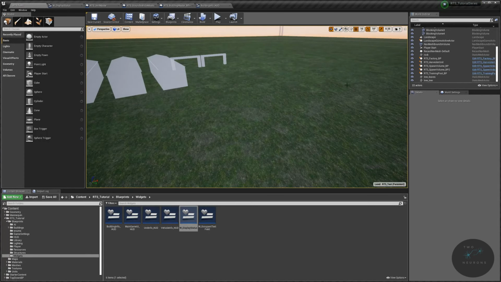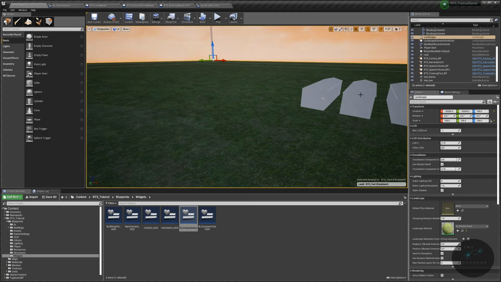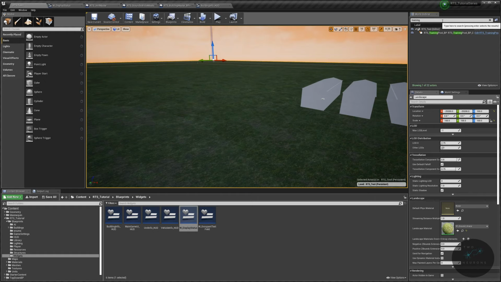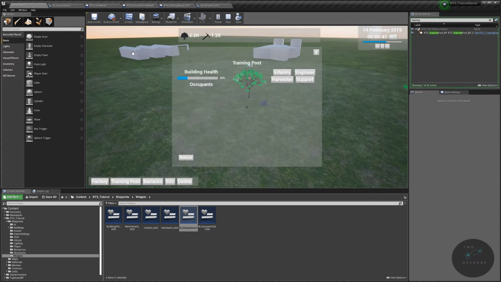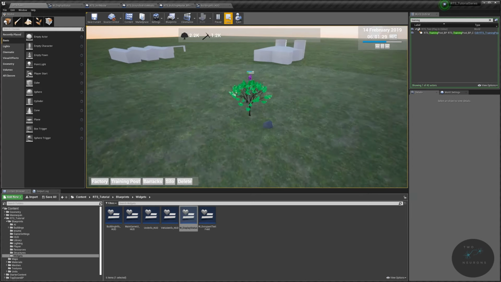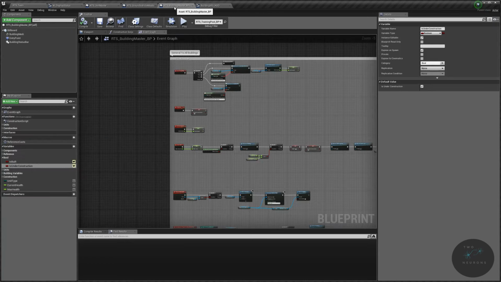And now to set it back to being built and not having any of that unwanted jazz, select your training post. Keep getting landscape. I need to make the landscape unselectable. Turn is under construction to false. Set is built to true. Hit play. And there we go. Everything's showing up nicely. All right, so let's go back here and go back to our building master